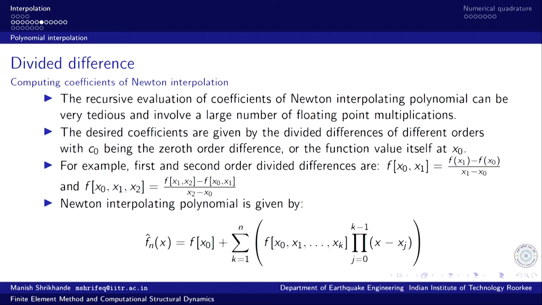So, here within square brackets, f within square brackets x 0, these denote the divided differences. One term is the 0th order divided difference, and this one is the k plus 1th order divided difference. So with this, we can compute the interpolation polynomial and evaluate it very efficiently for any particular value of x that we may need by using Horner's algorithm, and we can go ahead with our computations.